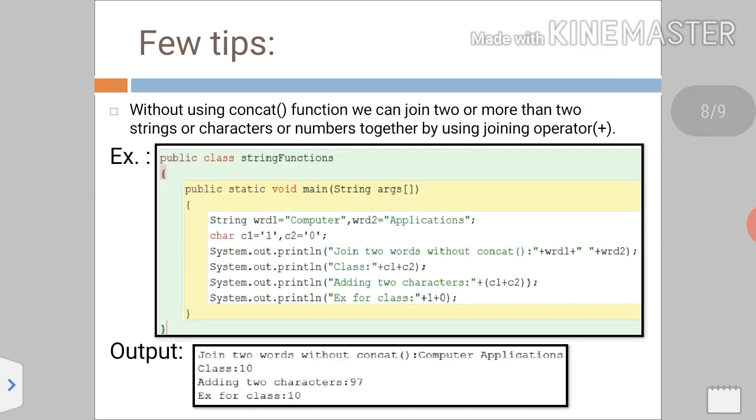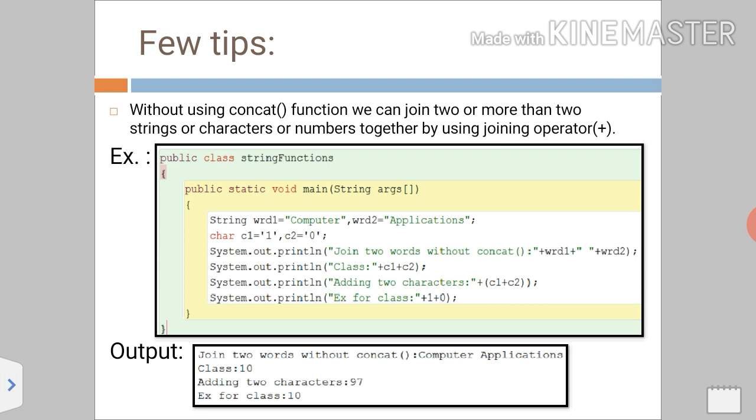Then a few tips. If you want to join a few things together without concat, then you can use the plus sign, because plus behaves in two ways, either for addition or for joining. If you want to join two strings together without concat, you can use the plus operator.